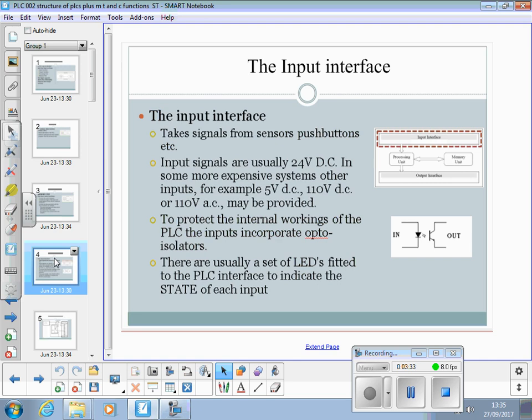On-off, in other words, two-state inputs. Input signals are usually 24-volt DC. In some more expensive systems, other inputs, for example, 5 volts, 110 DC or AC, may be provided. But the most common is that they're 24-volt DC level inputs, to protect the internal workings of the PLC, so we don't want any kind of high spike voltages on the